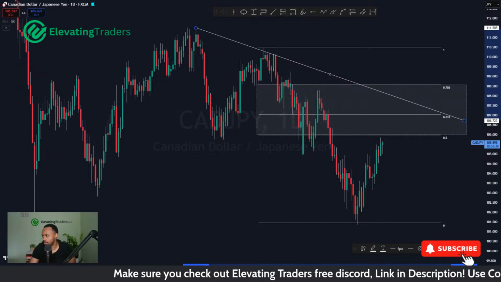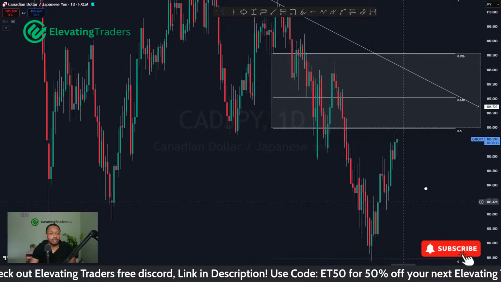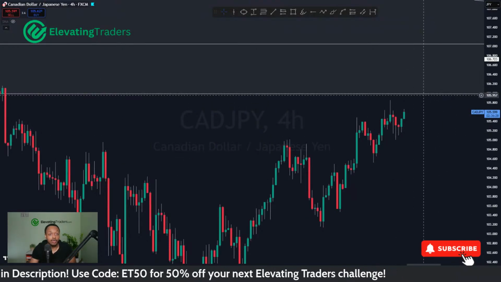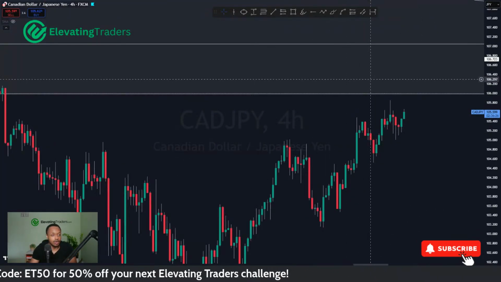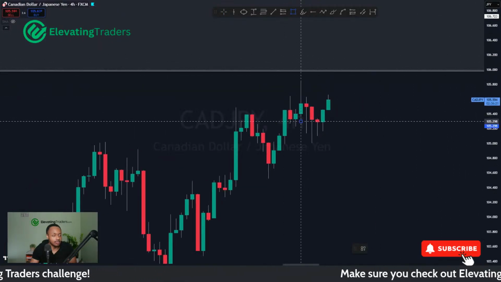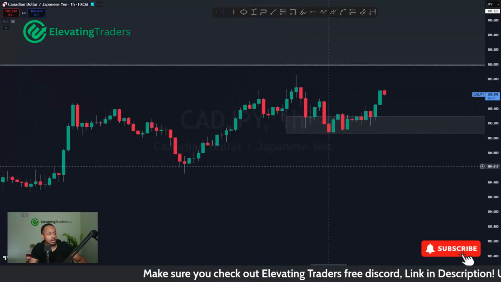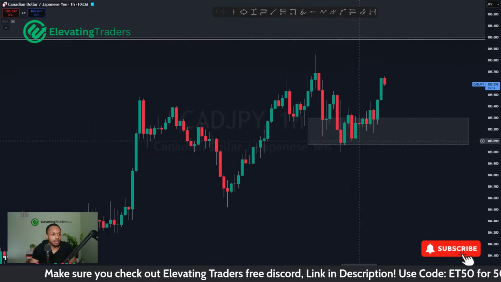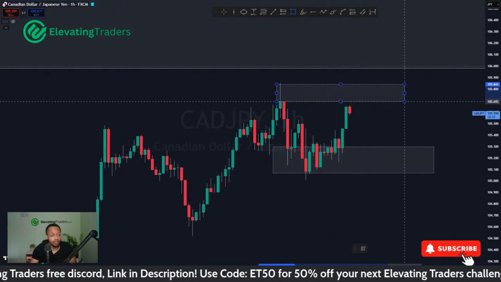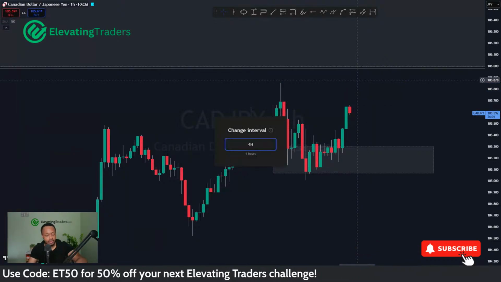CAD yen short-term buy from 105.27, TP 106. Yeah, I think that looks pretty likely, to be honest. 106 is roughly the territory I'm expecting price to go and hit anyway. It's looking like we formed a lot of wicks here, and it is holding support very, very well. I like that prior 4-hour candle closure on the last candle, and it looks like the hourly momentum is picking up. Of course, we do have some resistance to look out for, but I do think 106 is likely to be hit anyway. So yeah, I do agree with that.